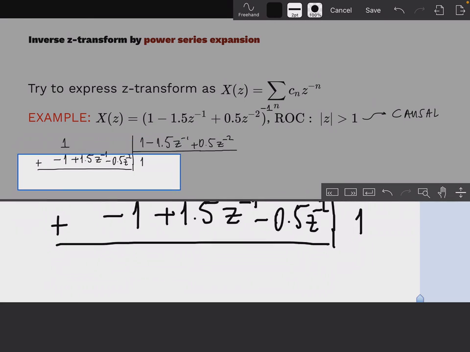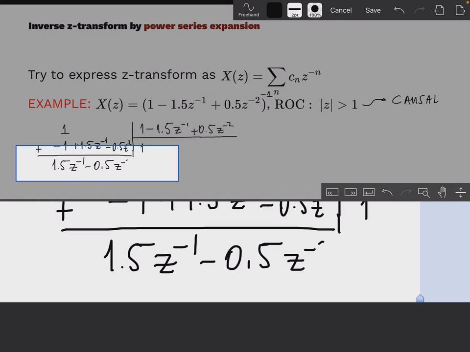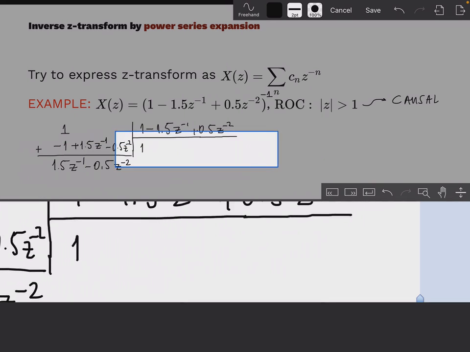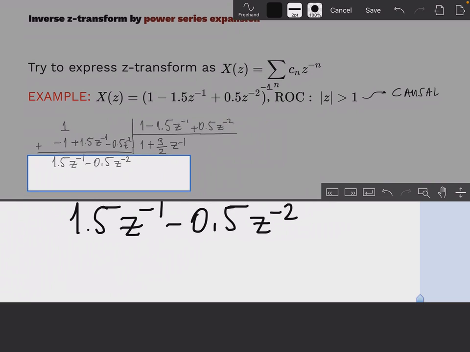So we add these two together, which is going to give us 1.5 z to the power minus 1 minus 0.5 z to the power minus 2. Okay, so let's have a look at what we have then. We still have 1 as the first term, so we're going to multiply this by 3 over 2 plus 3 over 2 z to the power minus 1,